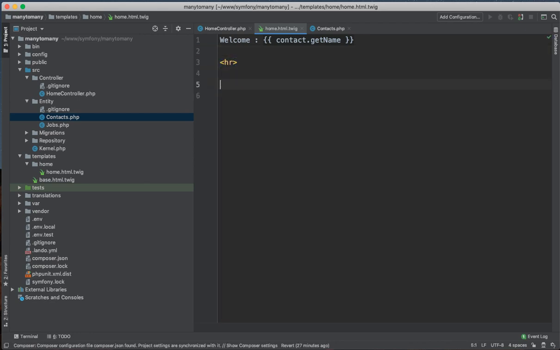Now we want to get our many-to-many items, so that's on everybody's mind. How do I get that data? It's really simple. It's going to come in as an array, and it's already being done by Doctrine. So the only thing you really need to do is loop through an array in Twig. So we're going to do a simple for, I'm just going to say d in contact dot, and we're going to use our getter, getContactJobs,